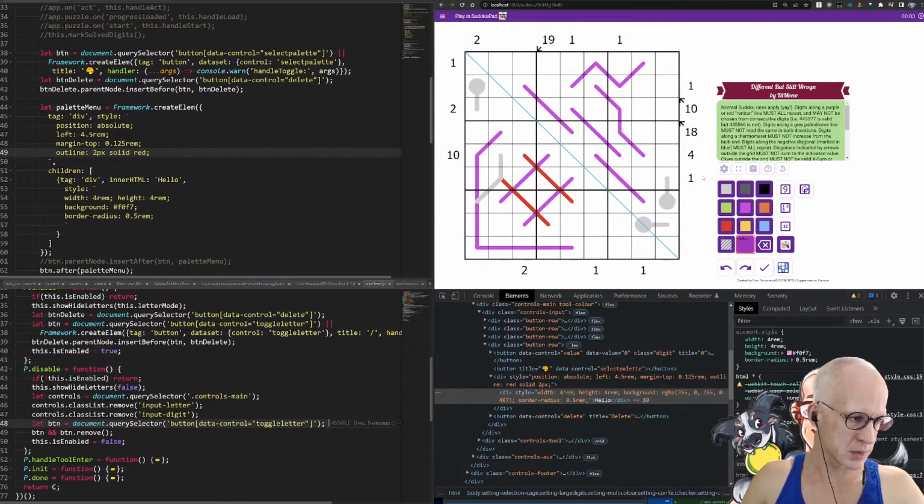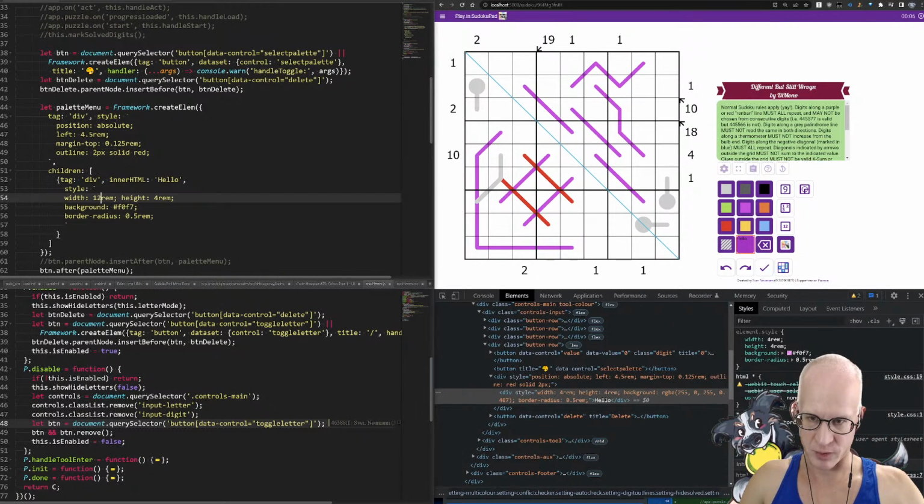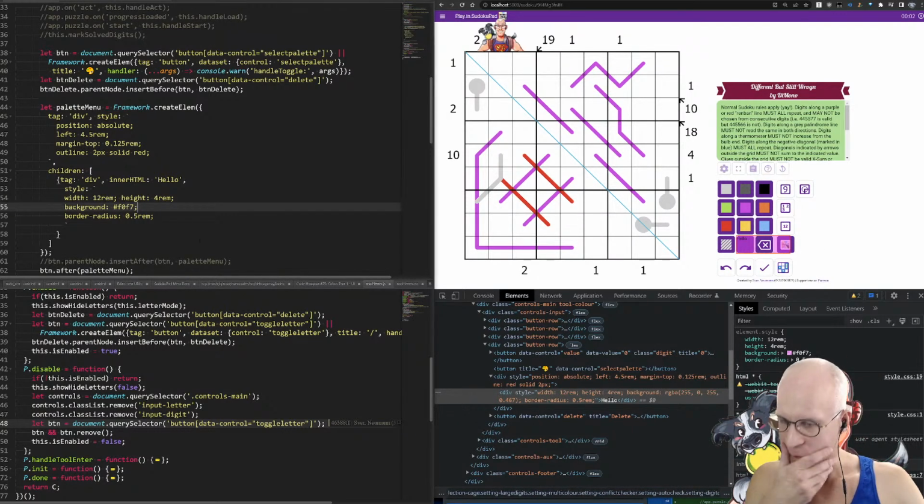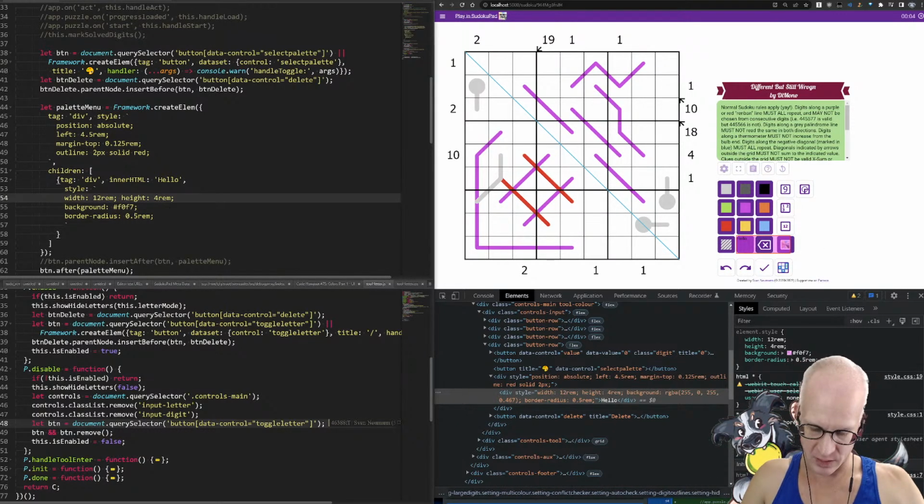So we know where it is. Yes. And now this we can do wider. So the idea is, this could be now 12 rem. It sticks out over the side. And what we could do is if we make this 16 rem high,